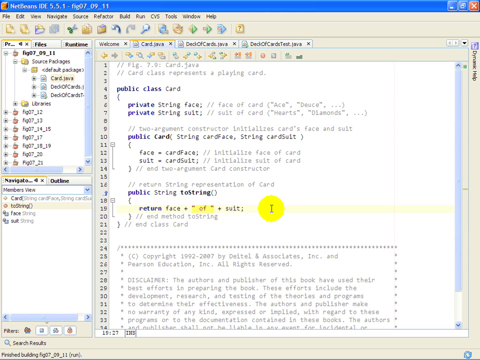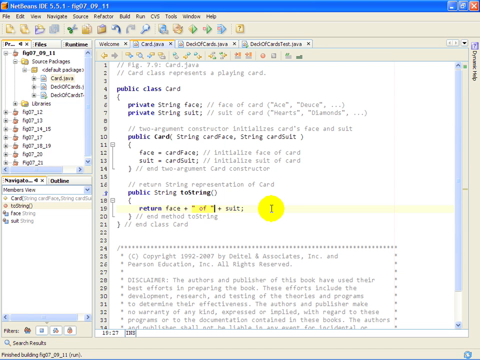So this is kind of an interesting capability. Now the question is, where in the world is this functionality defined that lets any object be converted to a string in Java? Well, it turns out that when you create any new class in Java, you are never building your class from scratch. You're actually implicitly inheriting or extending from a special class in the java.lang